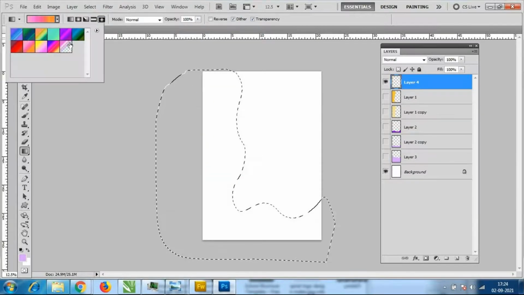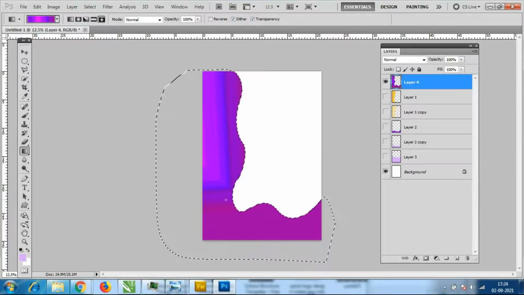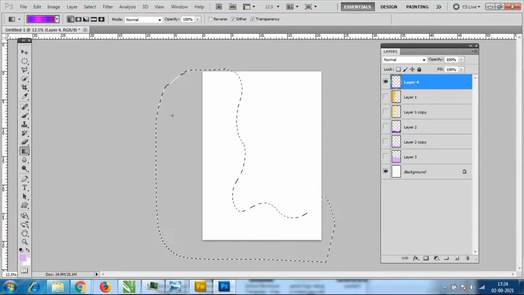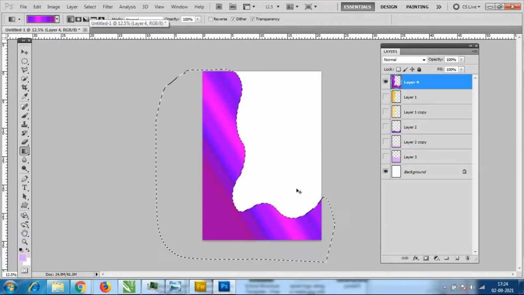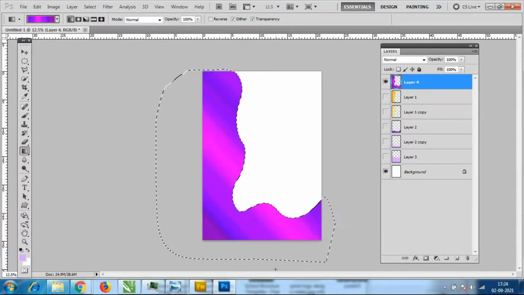So it will take according to the shape. See, any shapes you can take, you can add the gradient, how much ever you want. Okay. Only the selected area will take the gradient. How much ever area you selected, only that much area it will take.